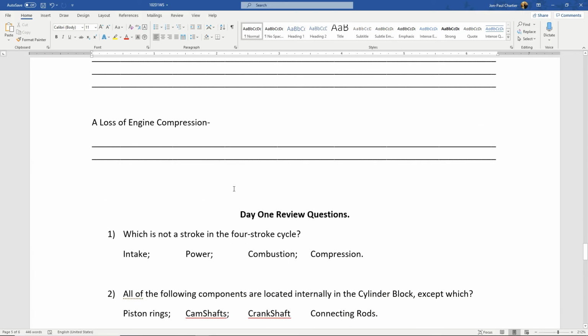A loss of engine compression. Now, this is question number 2. What all can you think of would cause a loss of compression? You can make up any situation you want where it's 1 cylinder or all cylinders, but I want you to think, if you need to look at the cross section of an engine,